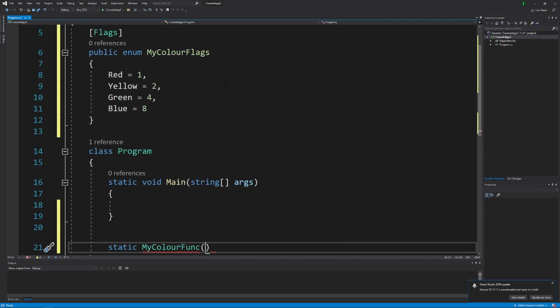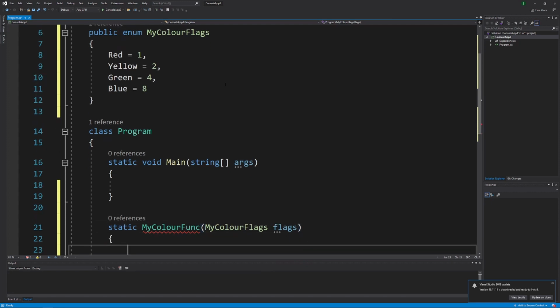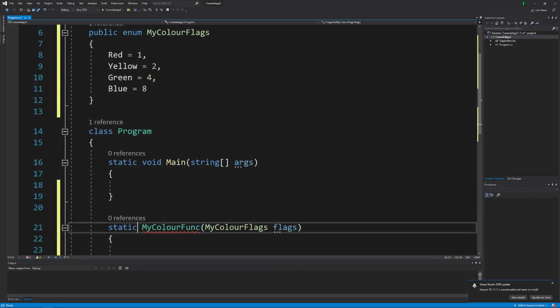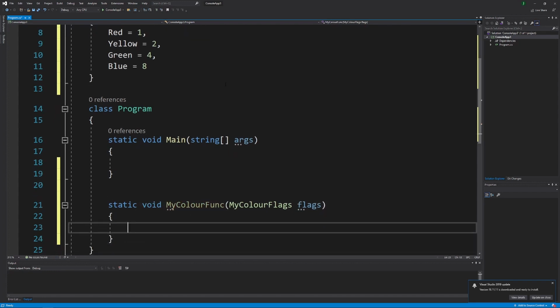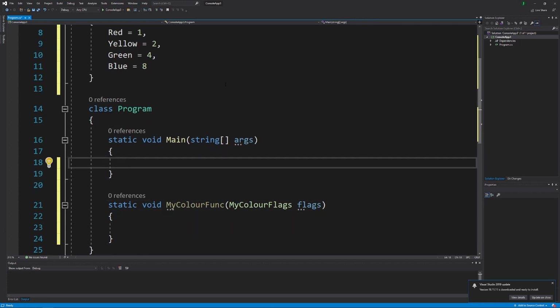And in here, we're going to pass a parameter called my color flags. Let's call it flags, and put void before. Here we go. Okay, so let's call this function inside the main